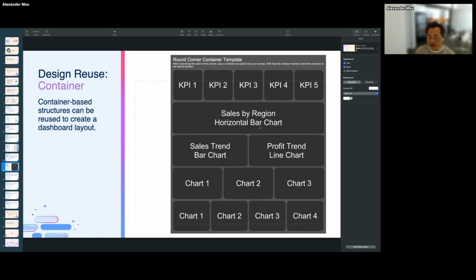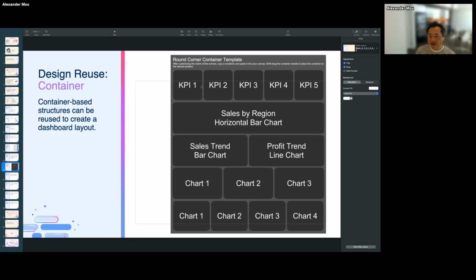This is actually from before they published a new feature, the round cornered chart, or round cornered sheet, right?